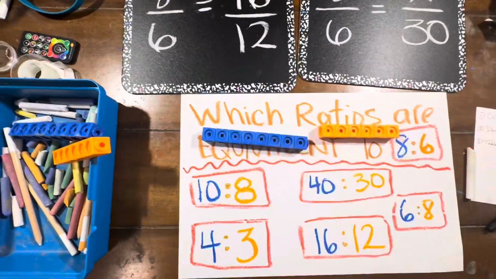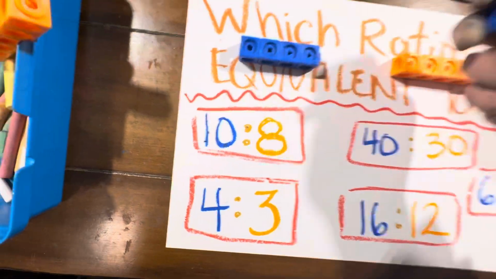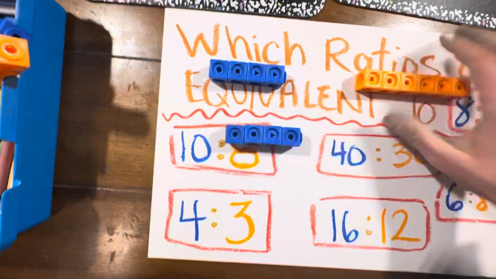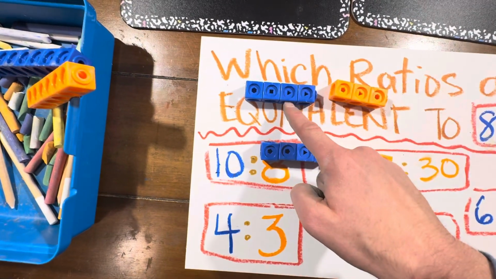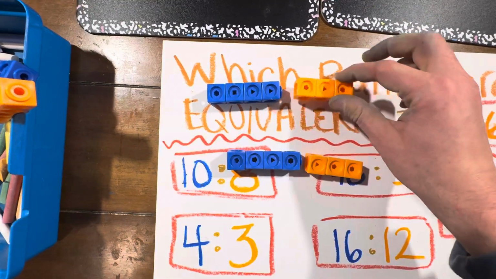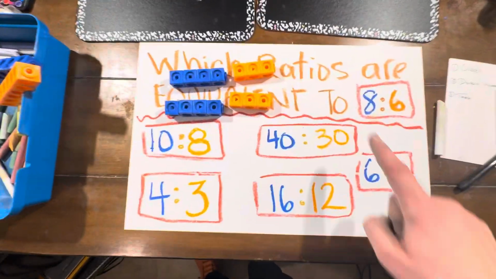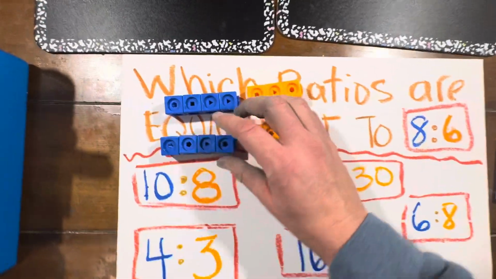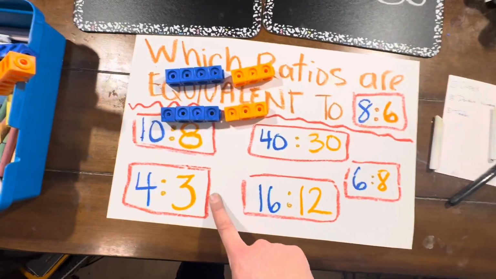Instead now, what I'm going to do is I could multiply by 3. I could, but instead, what if I'm noticing something. If I break this into equal groups, I have 2 equal groups now. Here I have 4 blue for every 3 orange. It's almost like I divided my ratio of 8 to 6 by 2 because I made 2 groups out of the one original group. And wait a minute, that means that this ratio is also equivalent, but I need to